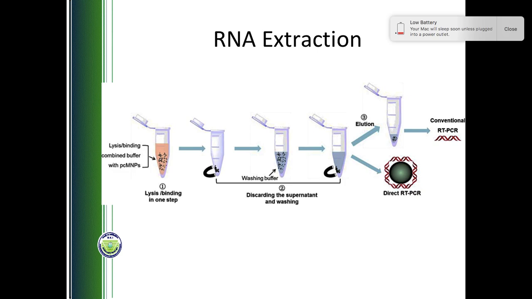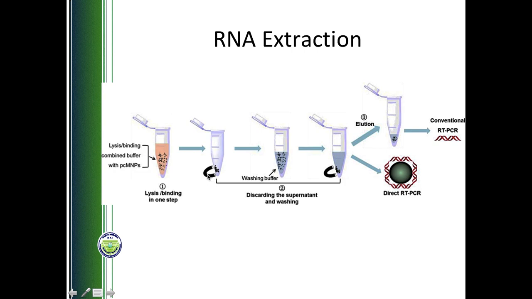Besides the lysis buffer, the test tube also has very small spherical beads, magnetic in nature, added to it. And there is what we call the binding buffer, which will encourage binding of only nucleic acid, in this case only RNA, to the magnetic bead. So whatever RNA is released by breaking the virus will bind to the surface of the very small spherical magnetic beads. The next step, the tube is placed on a device where the magnetic field can be activated.